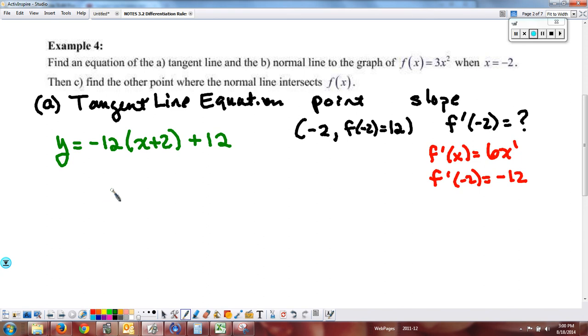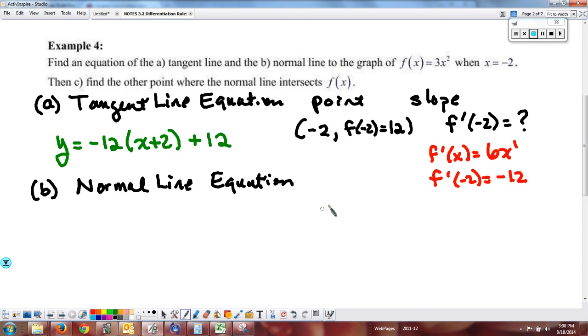Okay. So everybody's okay with that. Let's take a look at B. B is now asking for the equation of the normal line. Remember that a normal line is where we have a slope that is perpendicular to the tangent line slope. It's still going to go through the same point, (negative 2, 12), except now my slope is going to be the